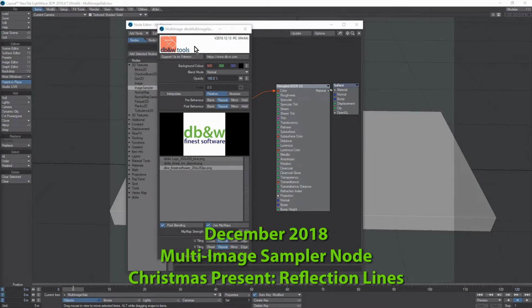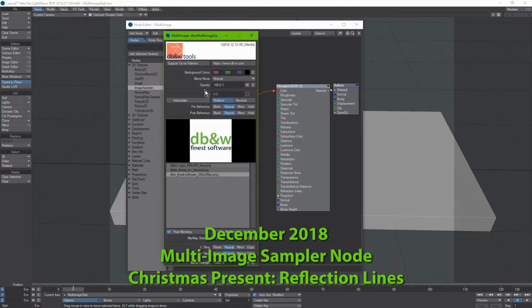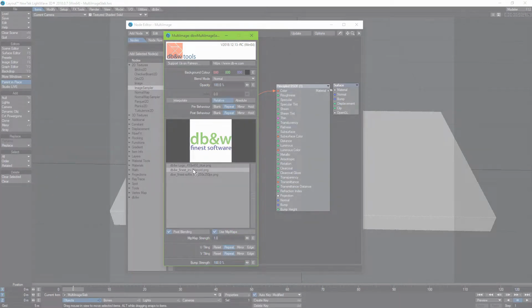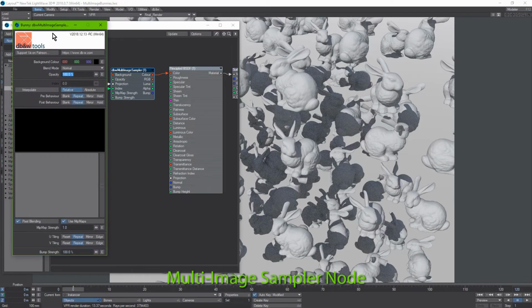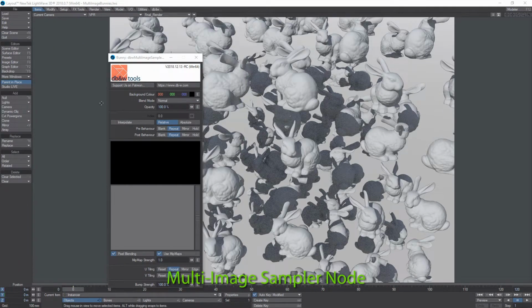This is what it looks like. What you have at the top here are the normal compositing settings. Below that you have an index that allows you to pick any of these images for texturing. I have a spherical projection that goes into the image sampler, and I'm using the instance info fixed random, which is basically a random number between 0 and 1, which is different for every instance, and I'm using that as the index. So if I go into the multi-image sampler again, just move this away,